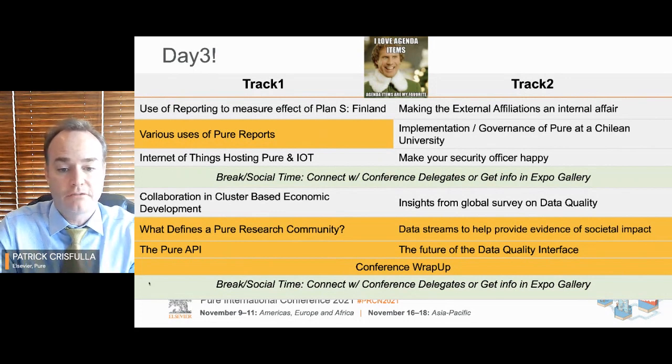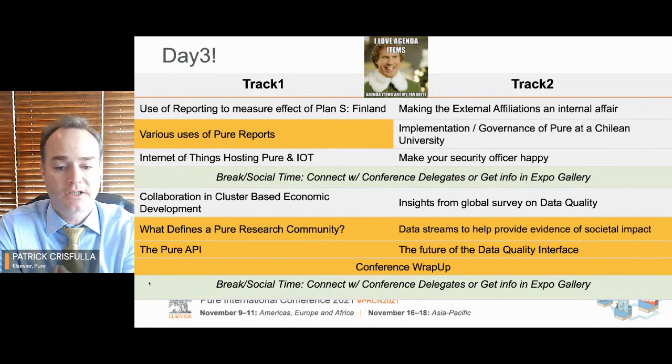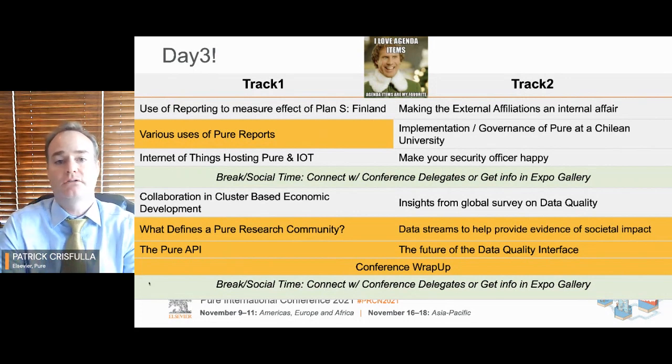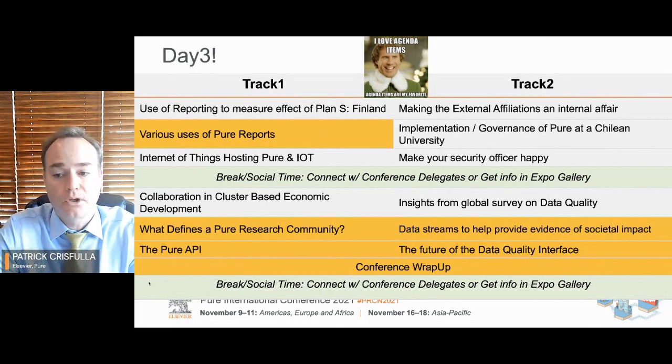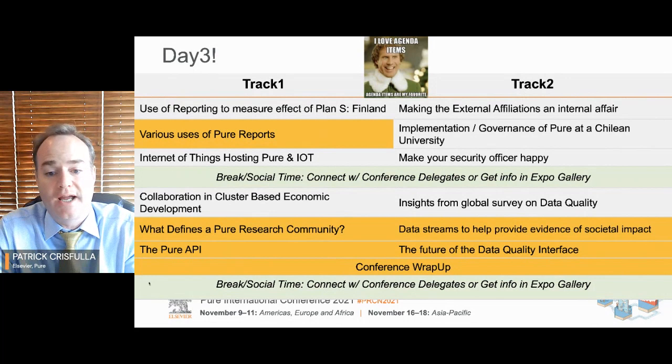After that, a delegate from Kiel University will discuss running Pure on IoT, Internet of Things. Not sure if that's related to a test instance or anything. And on track 2, a consultancy from the European CRIS systems at CRIS will discuss recommended procedures during RIM or CRIS systems implementations to meet the legal data protection requirements for protecting personal data stored in RIMs. Very important topic. And then after the break, you can choose from a talk by the New Jersey Economic Development